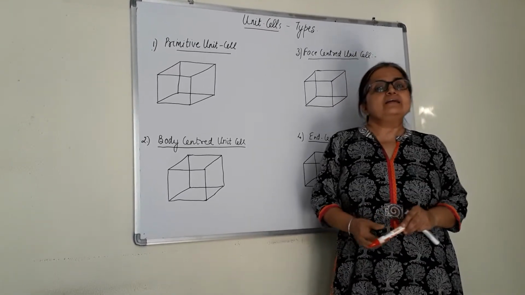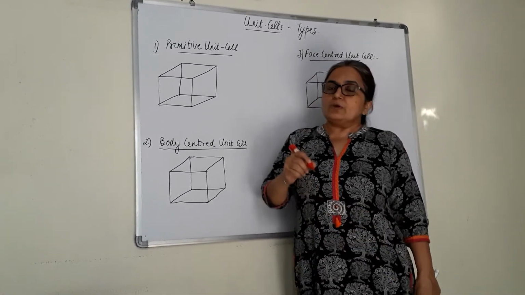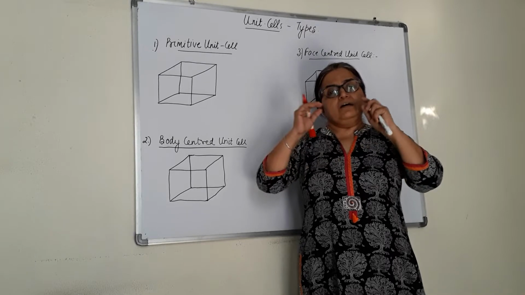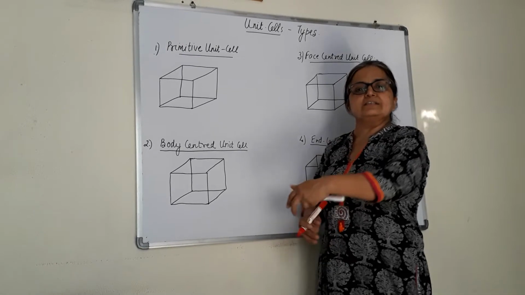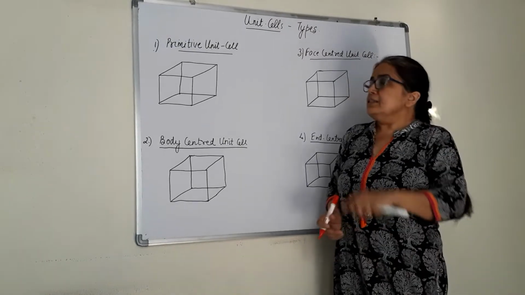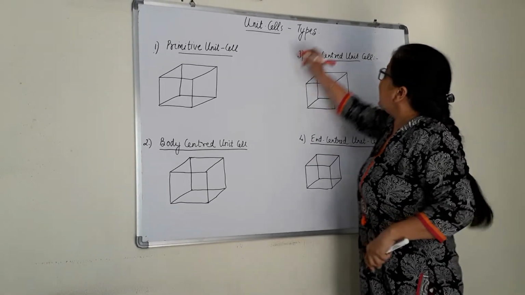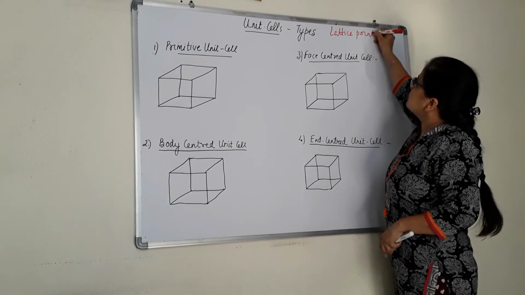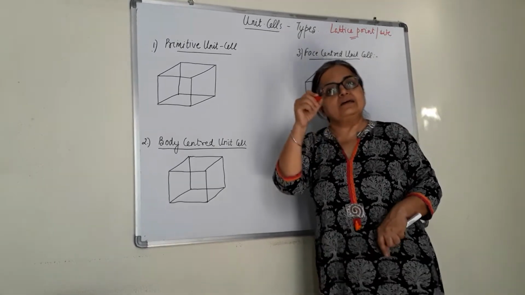Before that, let us relate to what we have studied in the last class. We have discussed crystalline solids. You remember what crystalline solids are? They are those in which there is a regular geometry, a repetition of the constituent particles in a three-dimensional lattice that is called a crystal lattice. The point where the constituent particle is present is called a lattice site. You will study this term, lattice point or lattice site. It is that place where the constituent particle is present.